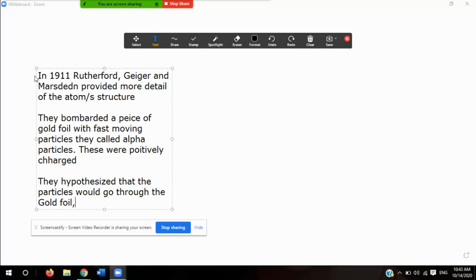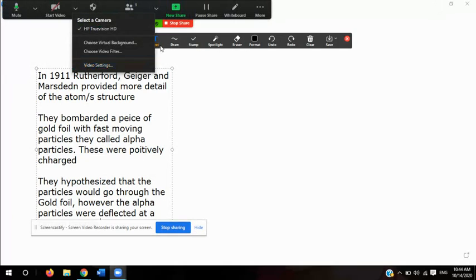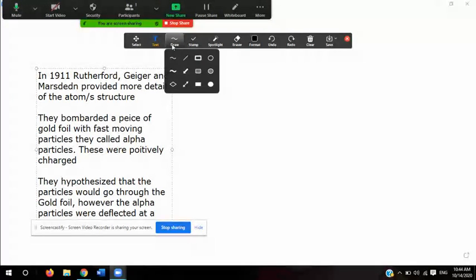However, the alpha particles were deflected at a certain degree. So basically, they bombarded this gold foil with a bunch of fast moving particles, which were alpha particles, which are pretty much positive. So what they thought was going to happen, let's see if I can illustrate it to you guys,